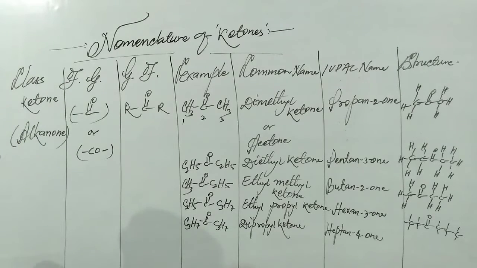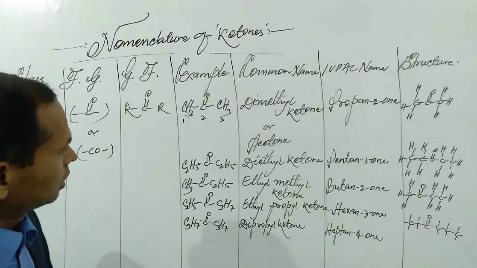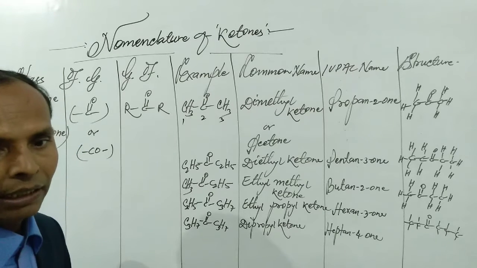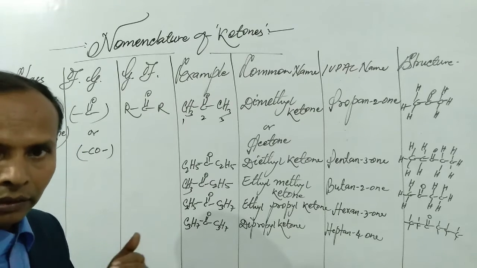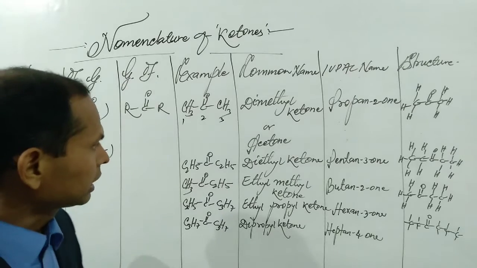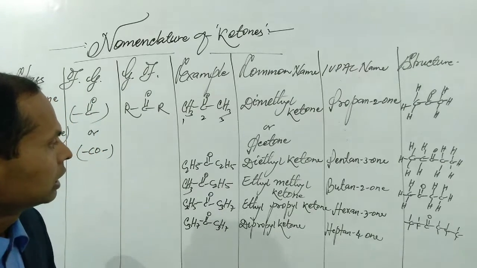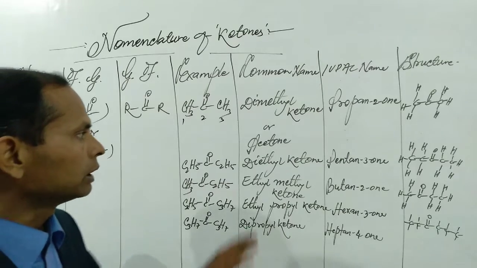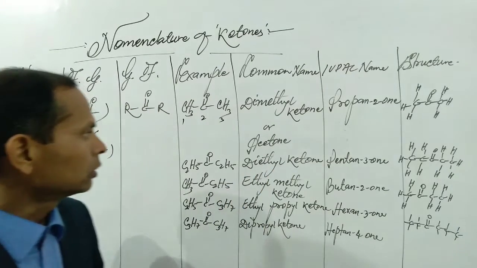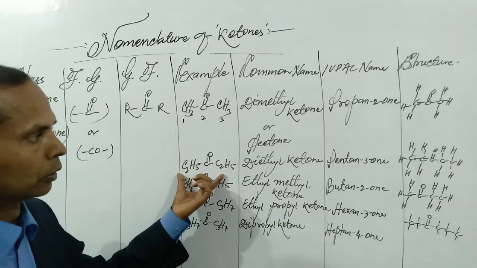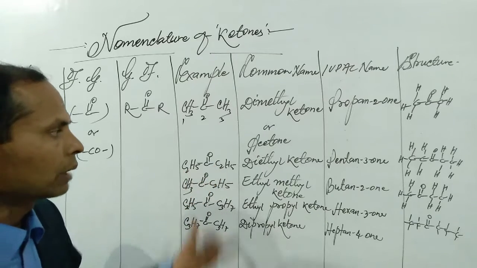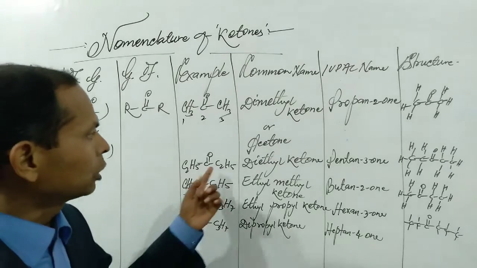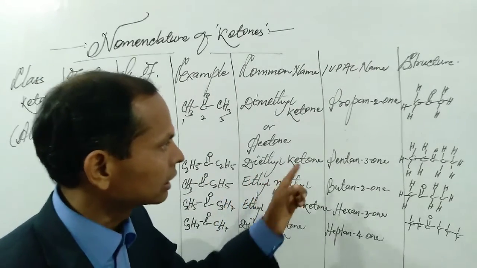We have to take another group also. This is the ethyl group. We can put ethyl, methyl, propyl, butyl, any group can be given. In case we have to put two same groups, the name of such compound will be diethyl ketone, because both the groups are ethyl group. So 2 ethyl groups are present and di for 2. So the name of such compound is diethyl ketone.